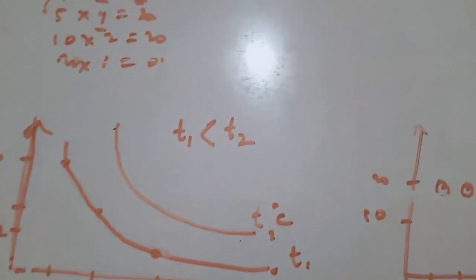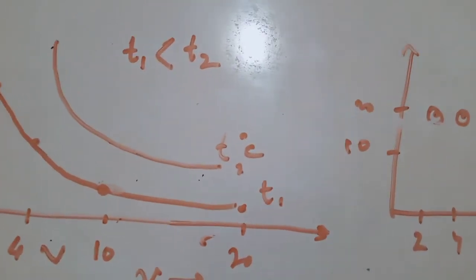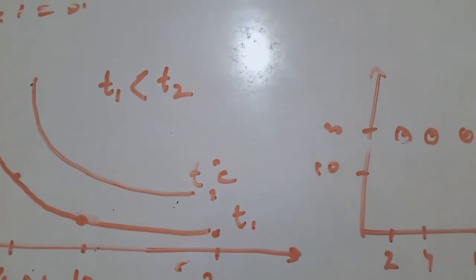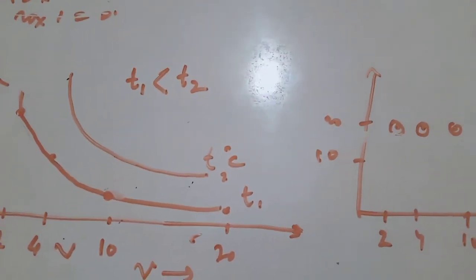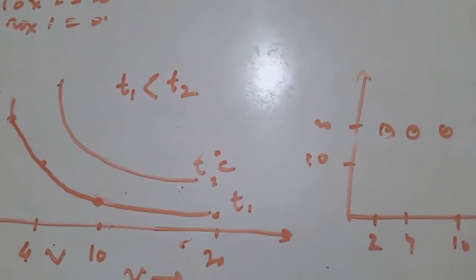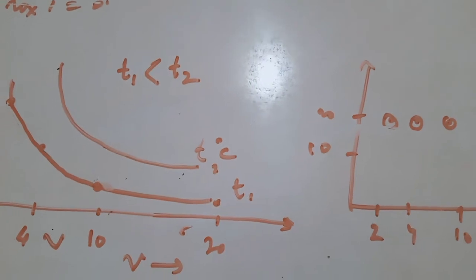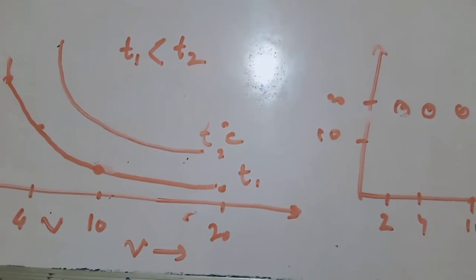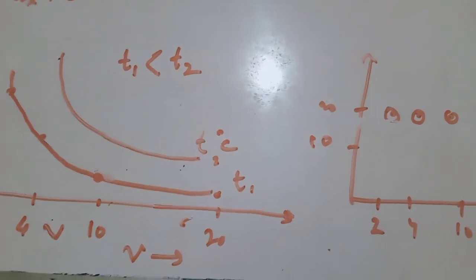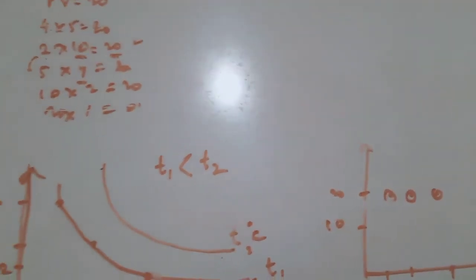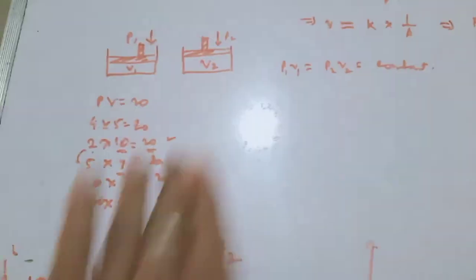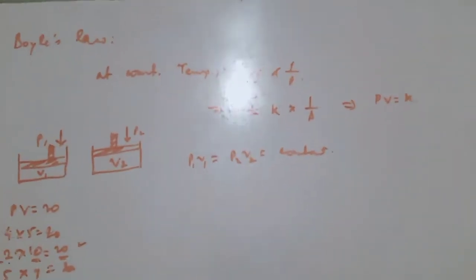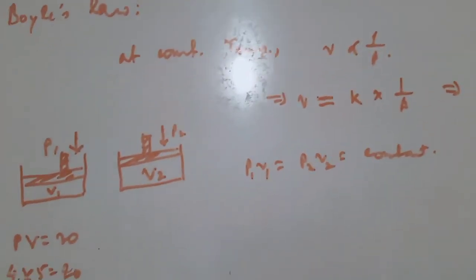Now what are parameters? The condition of a gas and its state can be determined if you know the pressure, temperature, volume, and of course the mass of the gas. So these are known as the parameters of the gas. Now how can you explain that V varies as 1 by P? What will be the explanation behind Boyle's law?